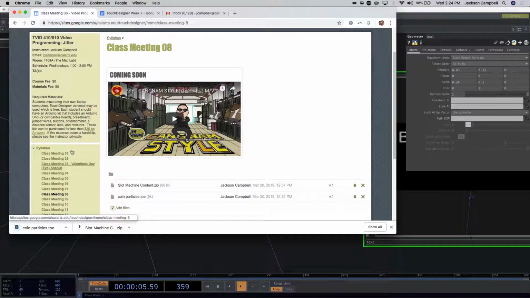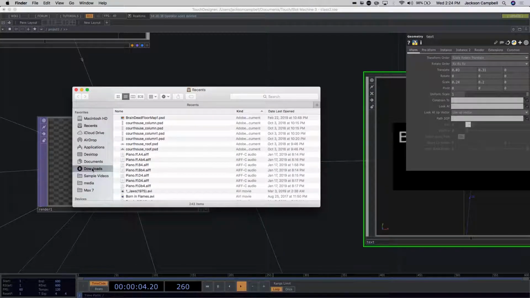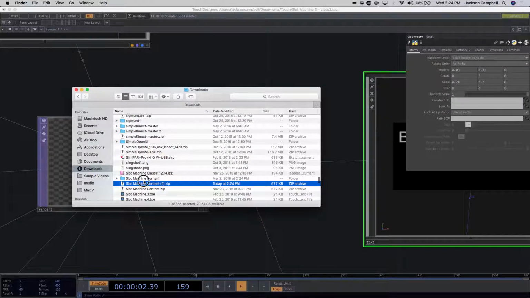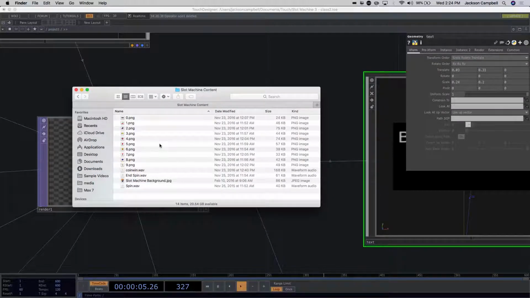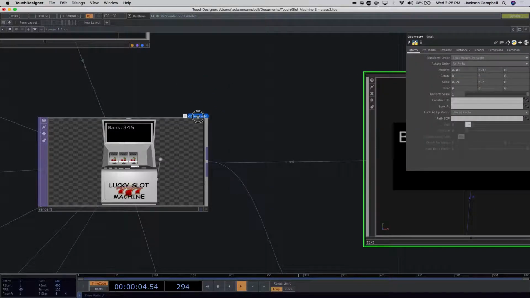Okay, then unzip your slot machine content. I already did it on mine. It's going to be in downloads, slot machine content. And in there you should see coin win, end spin, and spin wave. Looks like maybe mine had a little more than that, but you guys should at least have those files in there, right? Yeah. So grab and drag coin win